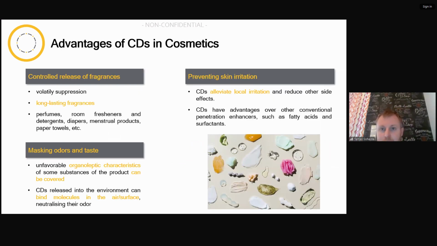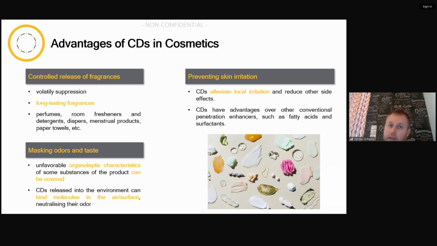For cosmetics, there are some very specific applications. So you can encapsulate fragrances into the cavity of the cyclodextrins, and depending on the application, this can be exploited as a controlled release of the fragrance. Of course, the component here would originally be very volatile and evaporate very quickly. If you put it into the cavity of the cyclodextrin, the release will be much slower, especially if it's a